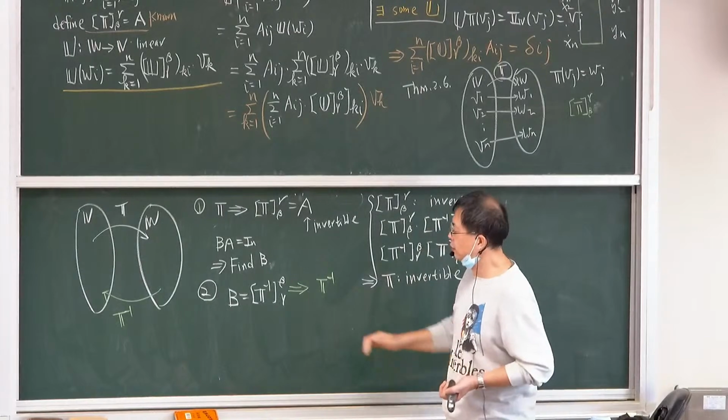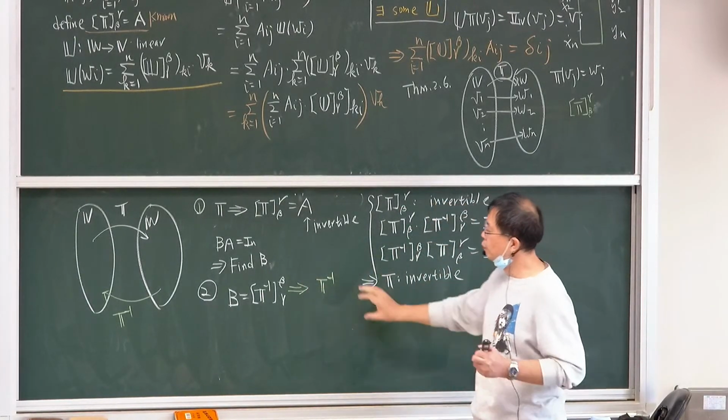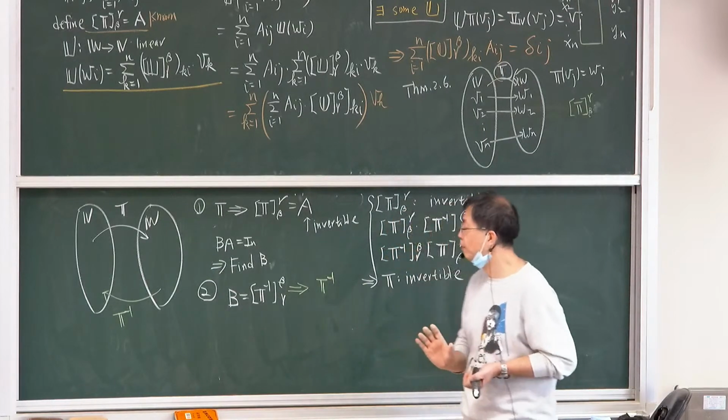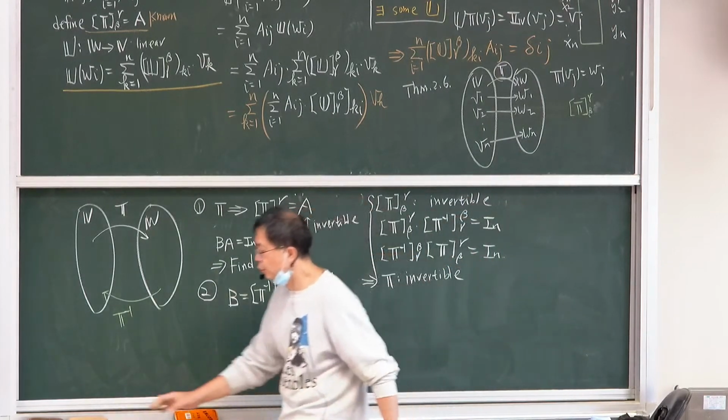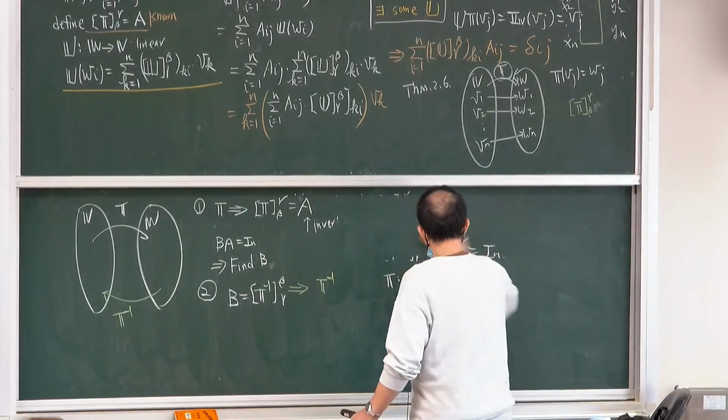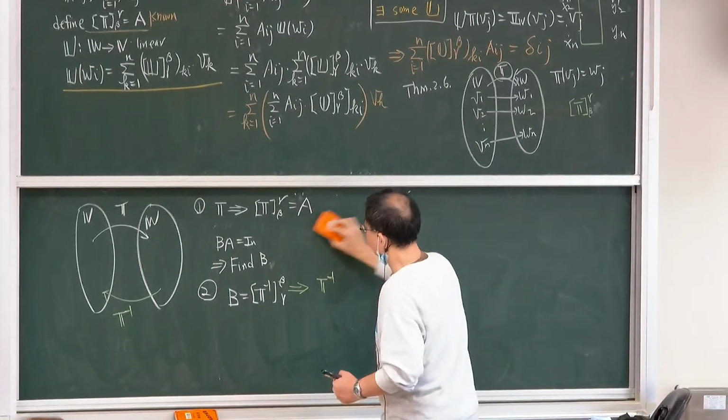So the ultimate goal is to find what the inverse transformation will look like. Why do we need to do this? Because